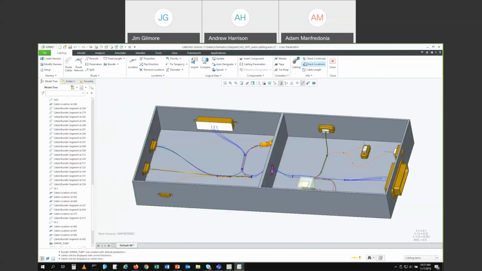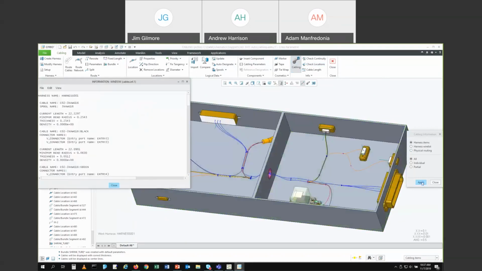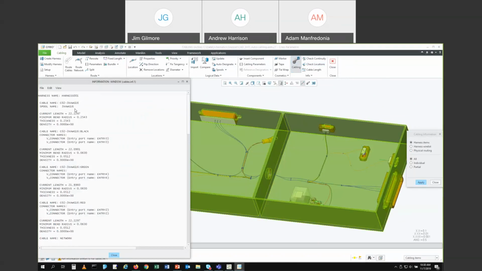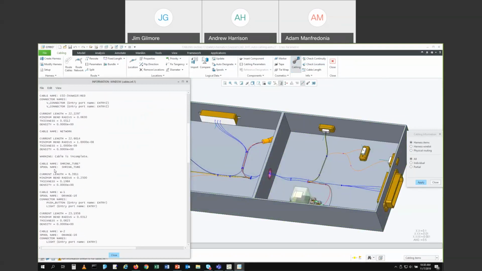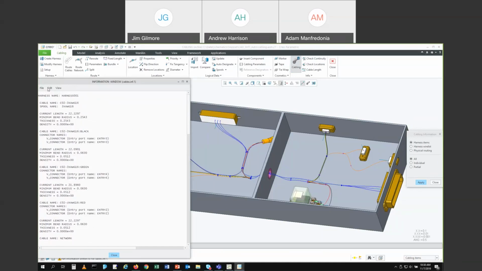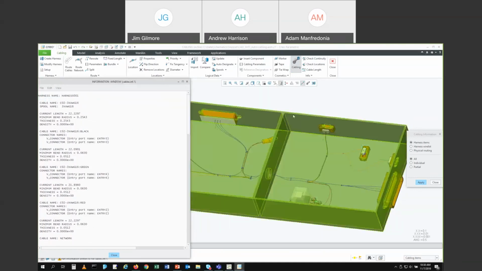Now, once I do this, I get all this information on here, and you then have the ability to access cabling up at the top. This gives you the ability to go through and maybe look at all the information associated to this harness. So this gives me the harness name and then all the individual segments inside there, including their name, the name of the cable, the name of the spool, the length, the minimum bend radius, the thickness, all that information that gets pushed inside here. And if I wanted to save that out, you can also save that out to an information file, which you can open up in any